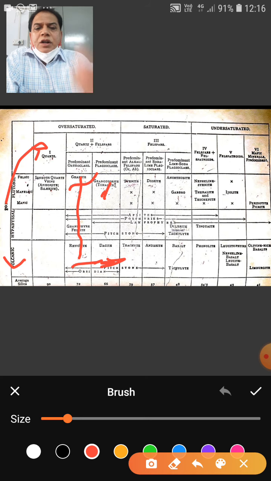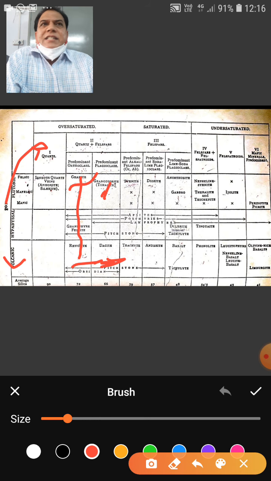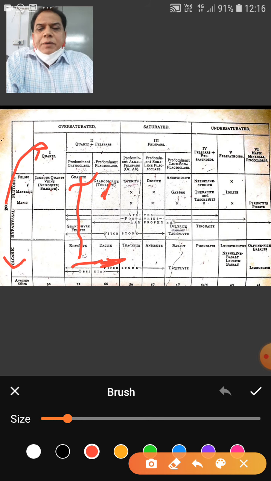Then the next broad column he has taken is of the feldspars. Once we say feldspars, they are as such saturated minerals. Saturated minerals are those which are capable of existing in the presence of free silica, right? They may have free silica, they may not have. The rocks may not have free silica or, say, quartz. So they are saturated. Again, depending upon the nature of the feldspar, they have further been divided into three categories, right? As such, the category of rocks will be saturated, and depending upon the nature of the feldspar, whether it is alkali dominating or albite dominating or anorthite dominating, the names of the igneous rocks are written.